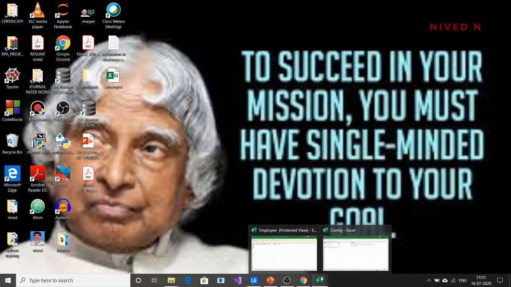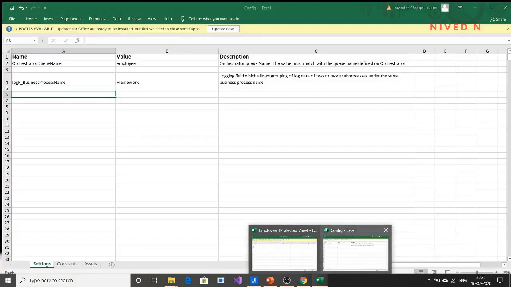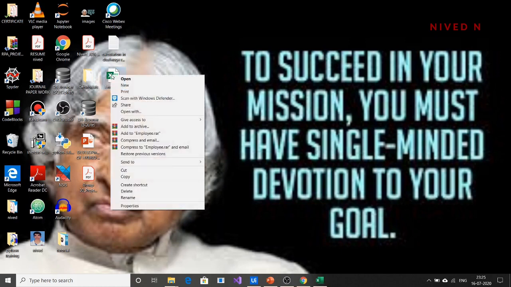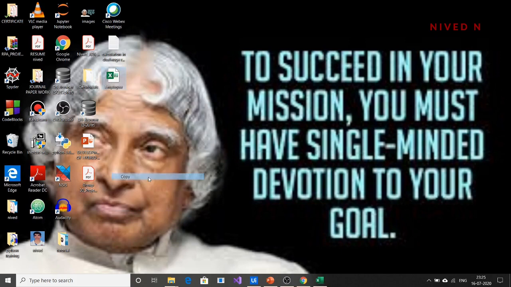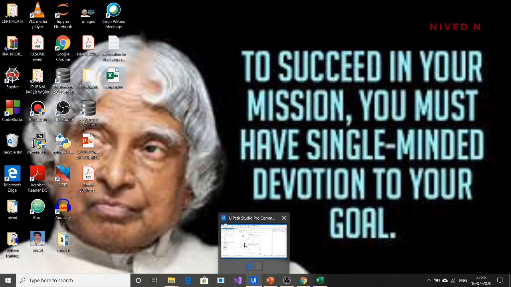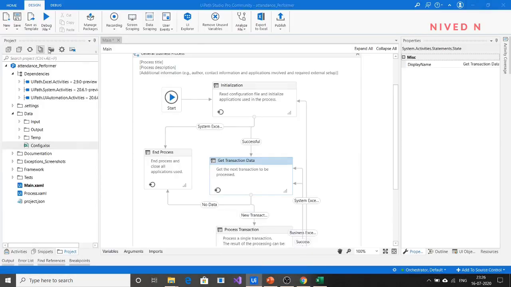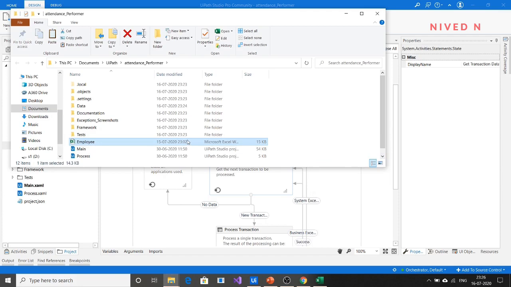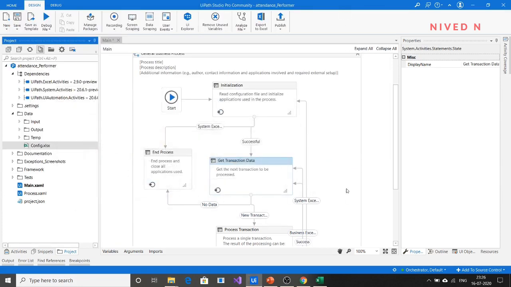For easy extraction of this Excel file path, you can copy and paste this Excel file in the performer workflow folder itself. Just close this, copy it, and paste it in the performer workflow folder. Yeah, it's been pasted, so you can directly access it.